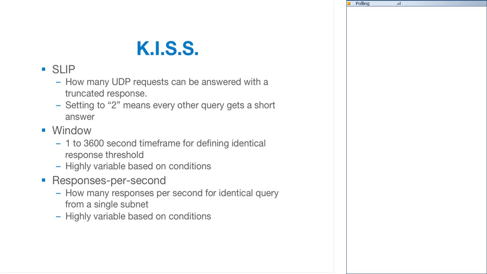So for the last 2, both window and responses per second, that's highly variable. You can go with the defaults. The defaults are a good first step, but you may find that you'll be tuning those. Okay. Just depending on the conditions. And there are other tunables per second. It's dependent on the